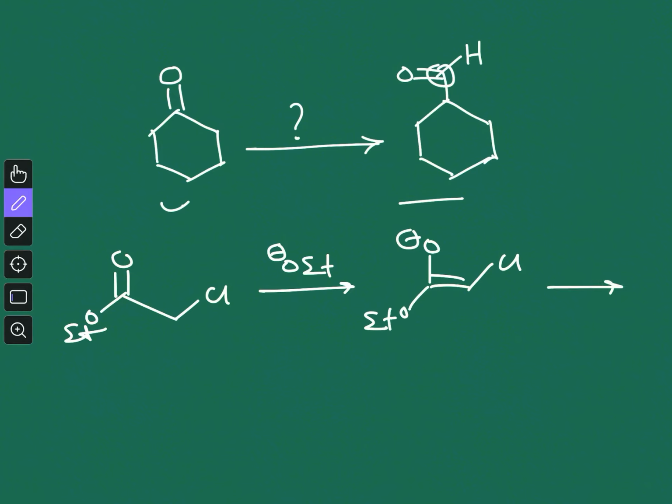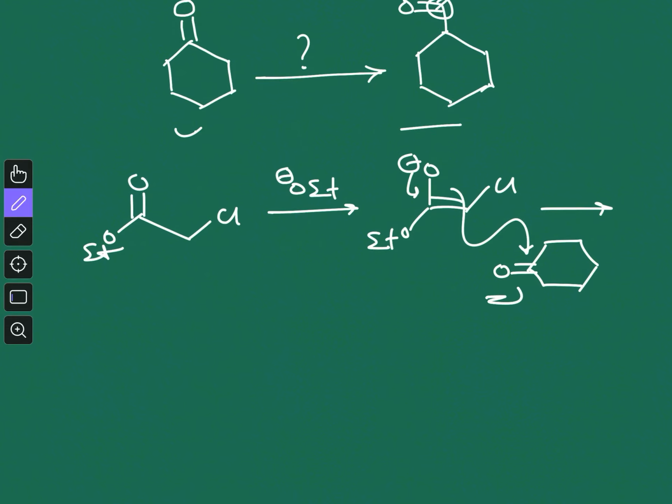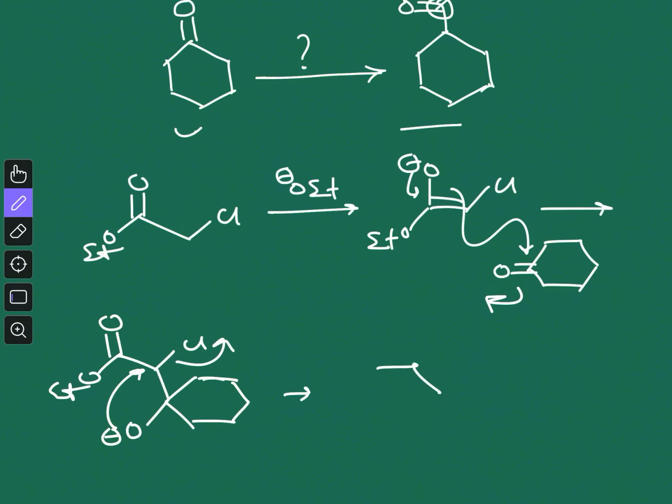Now this enolate, when you react with this ketone, what will happen? It will attack over here. I am just writing down the mechanism of Darzens glycidic ester once to revise it. So here you will have this, and here you have this chlorine. Now here you have this O minus and this ring. Then it will attack over here, this chlorine will go. So up to this is the Darzens glycidic ester condensation reaction, and this is your product. This is the glycidic ester.